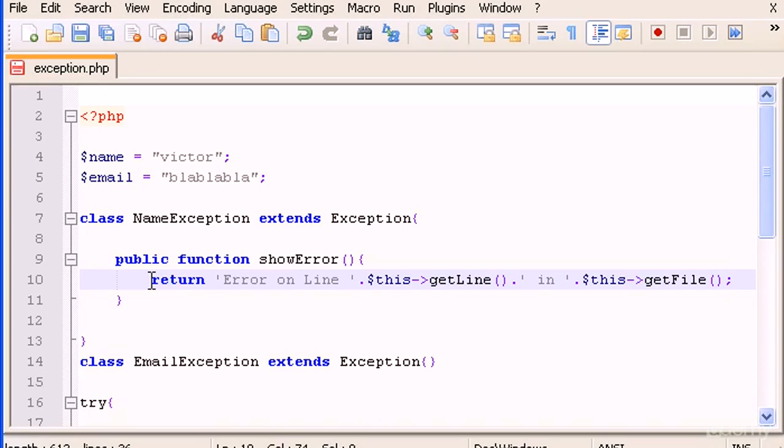Okay, what this means is return the message error on line, and then a little space, and this is the